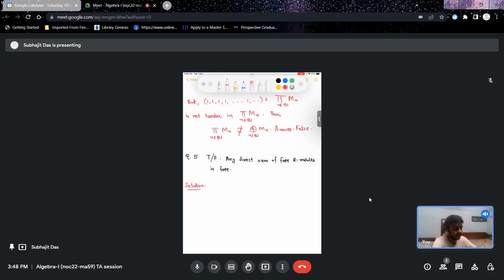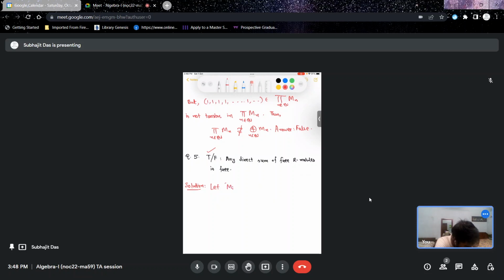So again we need to determine whether this is true or false: that any direct sum of free R modules is free. This is very obvious, it's true, right? Every free R module is a direct sum of copies of R, as I said, and if you take a direct sum of such direct sums, you will get a direct sum of copies of R, which means that it will be free. So let